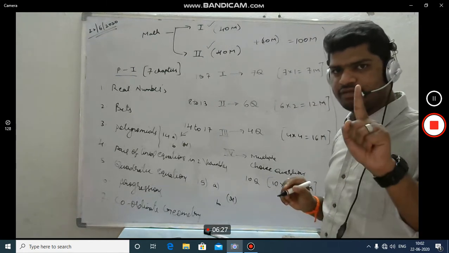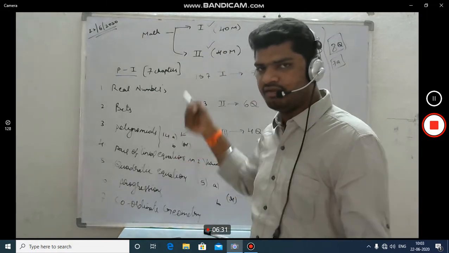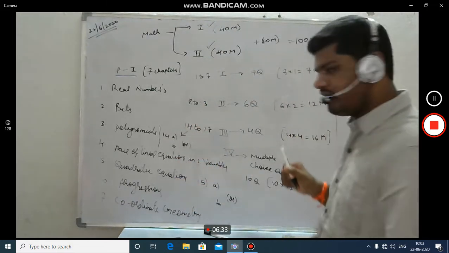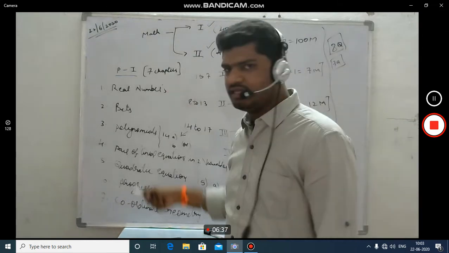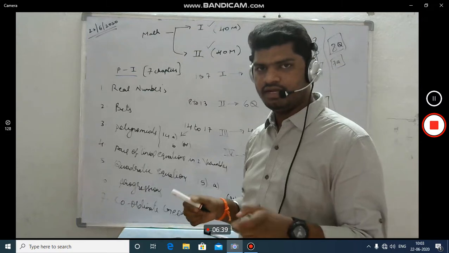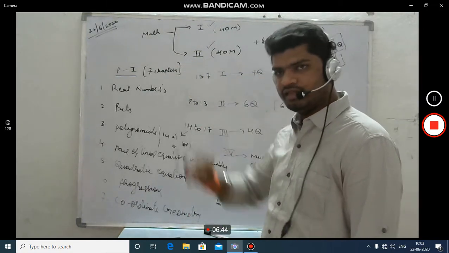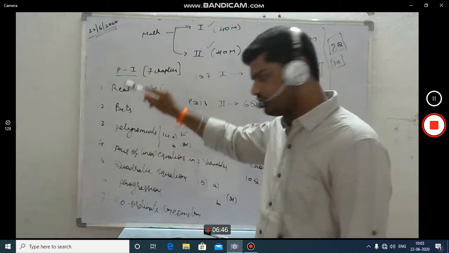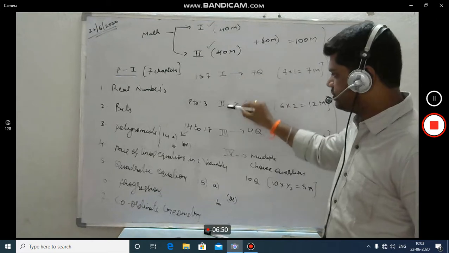Only in one chapter they will give an extra question. That can be chapter 1, chapter 2 or chapter 3. That we cannot estimate. Only from one chapter they will give 2 questions. In all the remaining chapters they will give only one question. Right? So I am repeating once again, paper 1 consists of 7 chapters. That is the sequential number of your textbook, 1 to 7. I have written it here. And the question paper pattern consists of 4 sections.